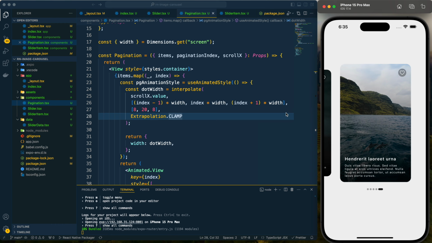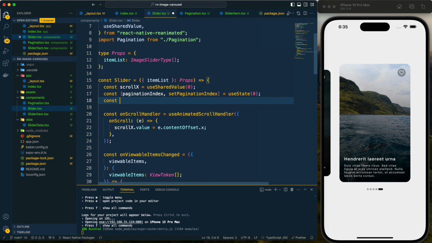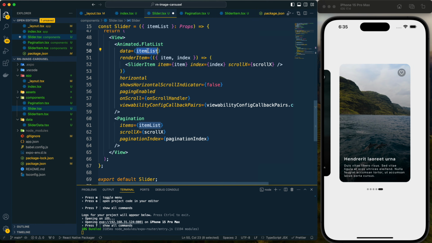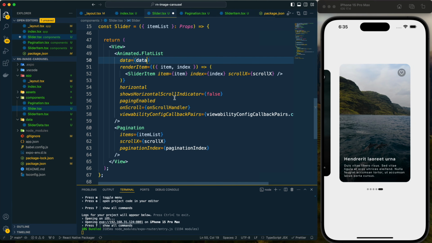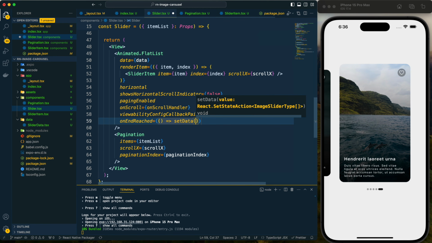Now I want to create a loop with these items, so after reaching to the last item it will loop through all of these items again. For that, here I will create a new state called data, and for this I will provide item list, and for the flat list I will provide this data, and for on end reached I will set the data.